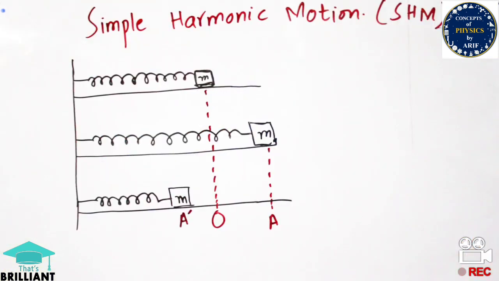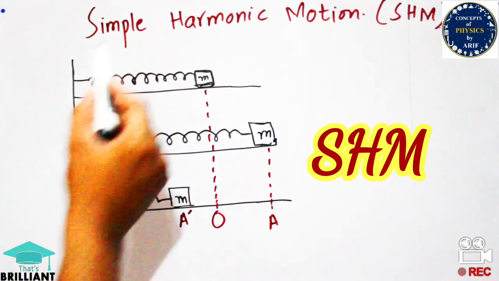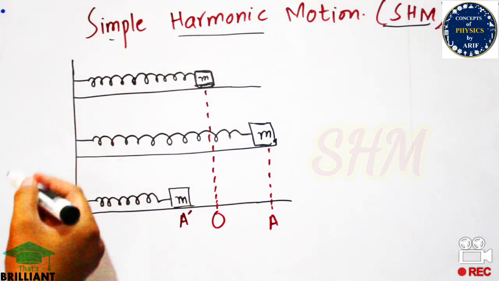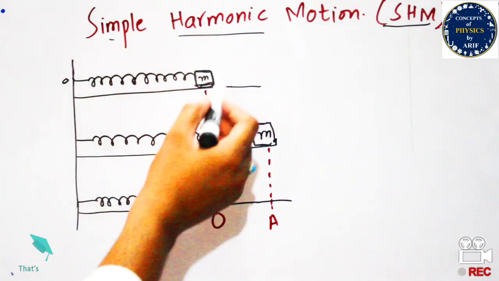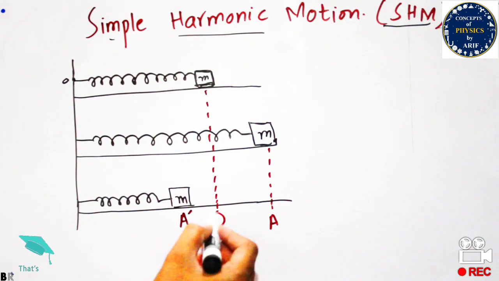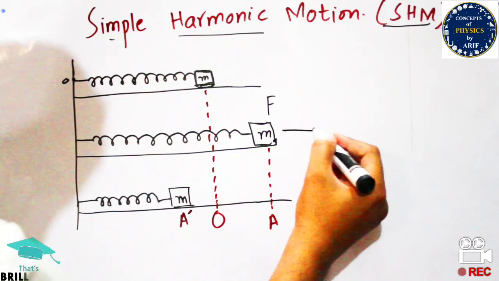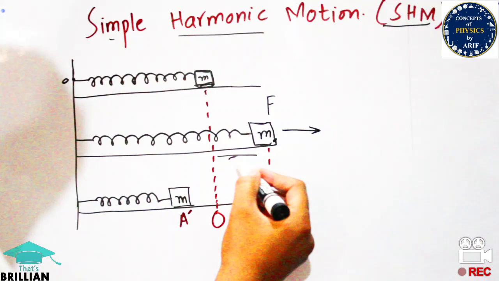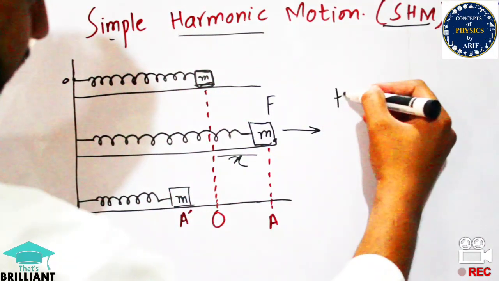Now I will briefly discuss simple harmonic motion, or SHM. To explain this, consider a horizontal mass spring system attached to a fixed point. When the body is at rest, it is at the mean position, and the spring is frictionless. When a force is applied, it stretches some distance. The distance covered by the mass due to stretching is known as x. This x is the displacement, and according to Hooke's law,